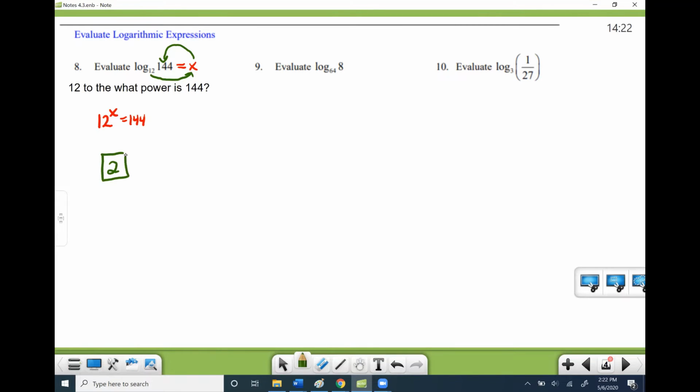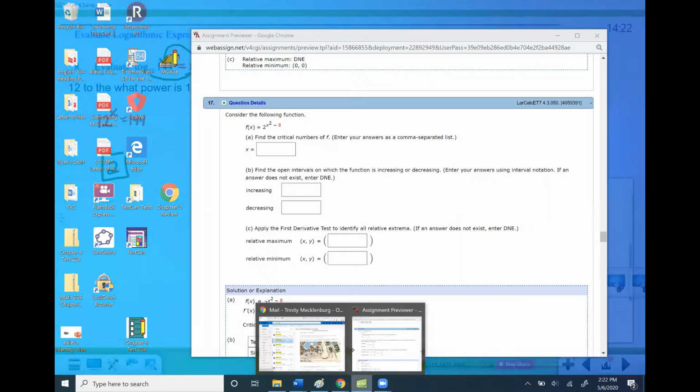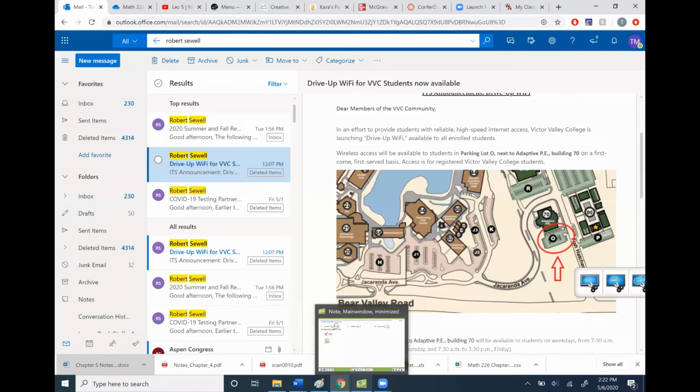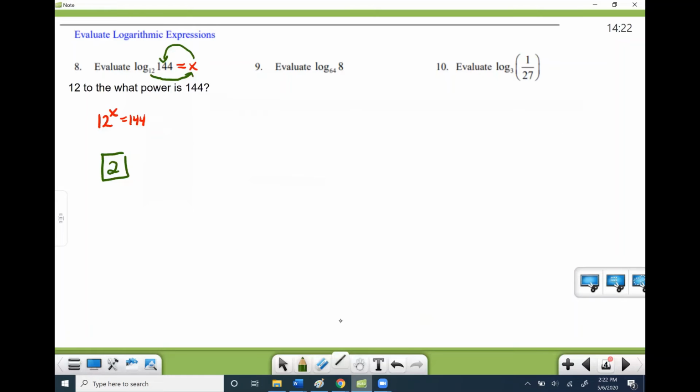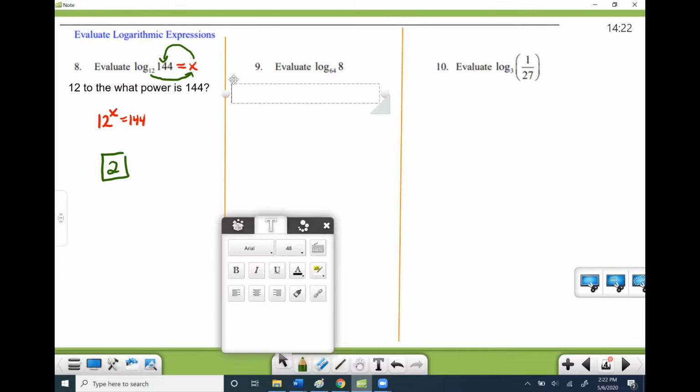Let me put some dividing lines, you guys, really quickly so we can tell the difference here. Okay. All right, I'm going to type the question out again. So the question this time is